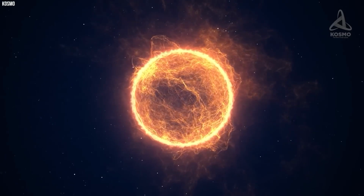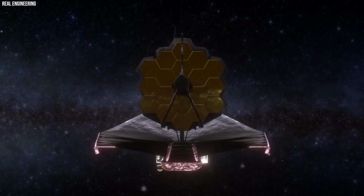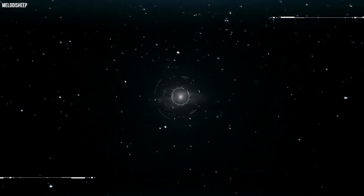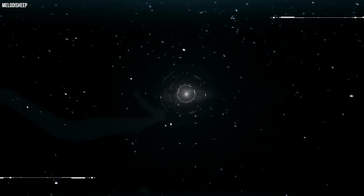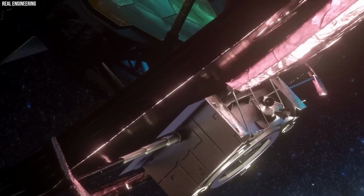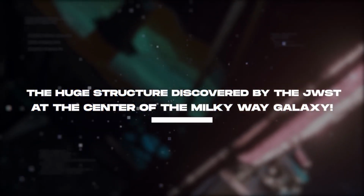Coincidentally, while exploring the contents of the Milky Way galaxy, the JWST made a shocking discovery of a massive structure that has left scientists in awe. What is this huge structure? How will it change cosmological study as we know it? And what are the next steps scientists will take about its discovery? Join us as we explore the huge structure discovered by the James Webb Space Telescope at the center of the